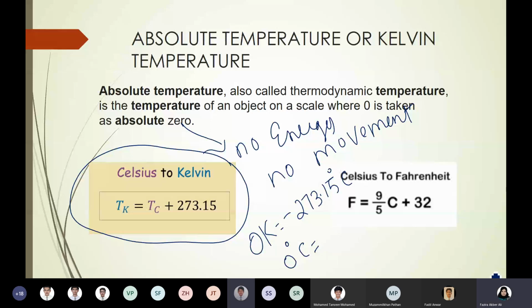Now, if we achieve absolute zero, then wouldn't the V by T equation become wrong? No, absolute zero is defined as the temperature at which the complete energy of the molecule is not there, or the movement is completely arrested. No more movement is possible for the particle.